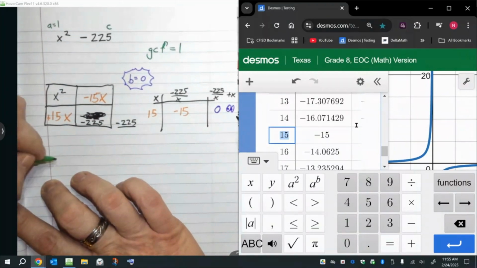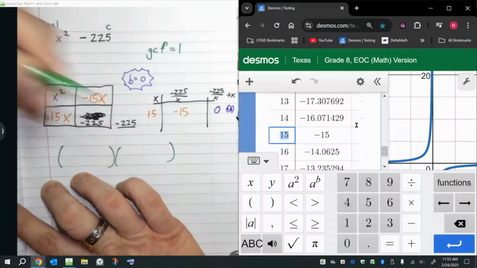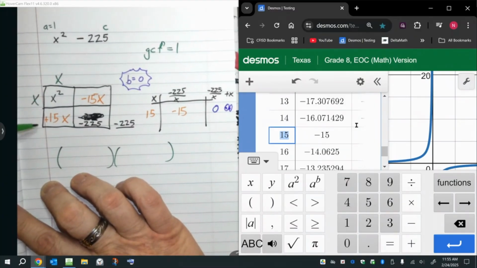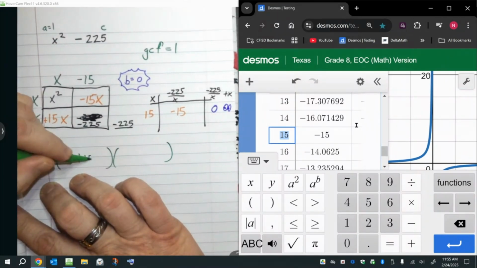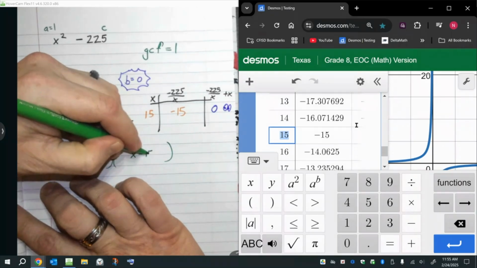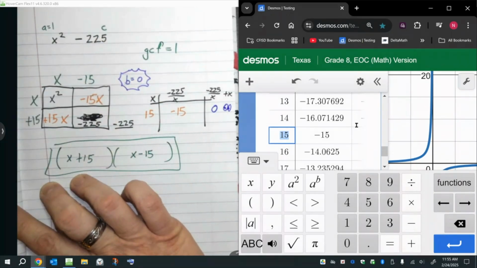and so my final answer will be whatever's on the outside, right? In order to get 15 here, this has got to be a positive 15. This has got to be a negative 15. So x plus 15, x minus 15. And there you go. There's your